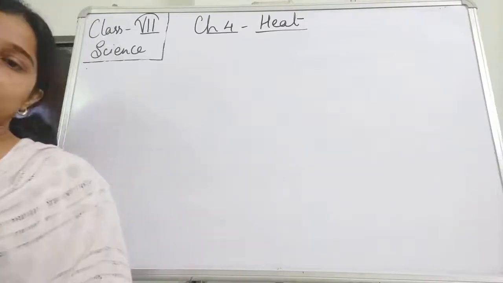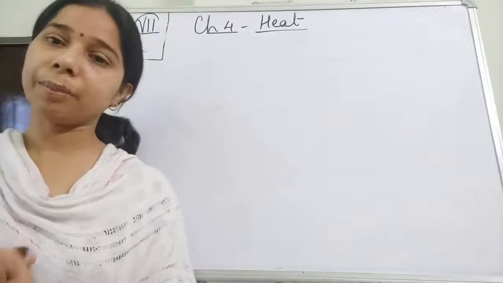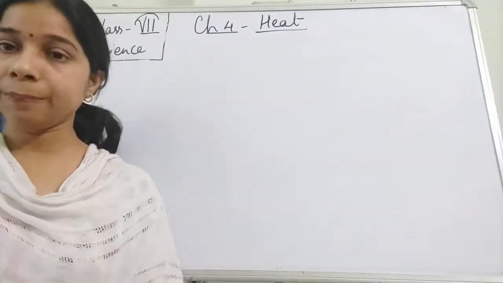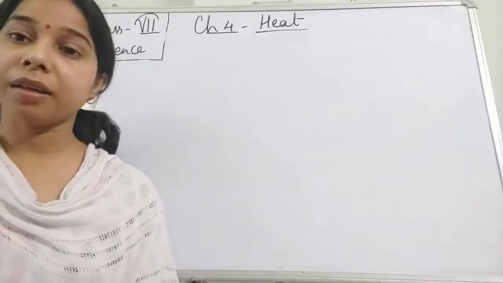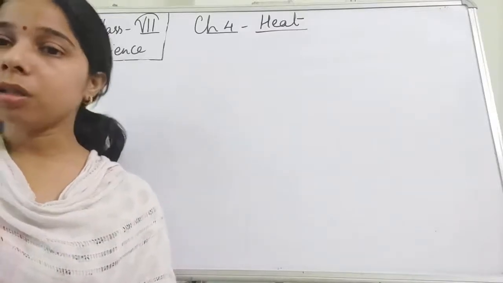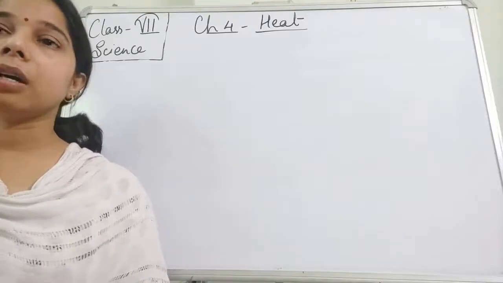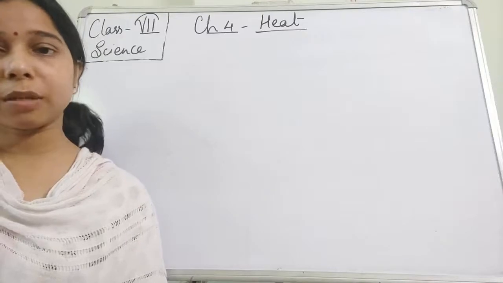If we talk about the laboratory thermometer, students, we have seen that we should keep it vertically. We should not take it out until we check the exact temperature of an object. Also, we should be very careful that it does not hit any hard surface because it is made up of a glass tube.